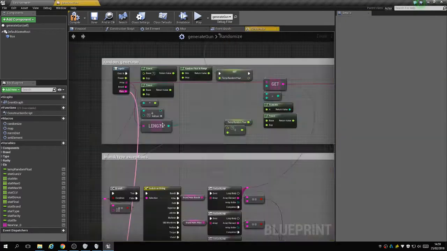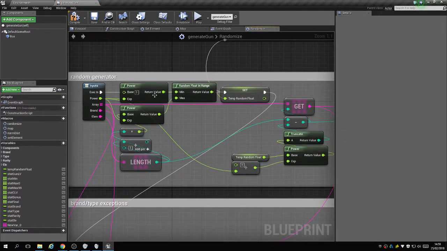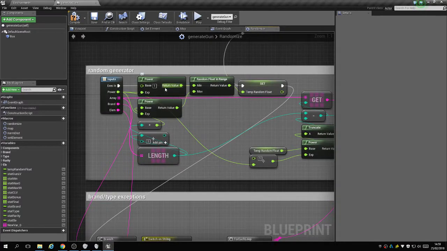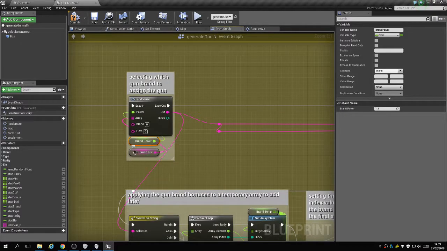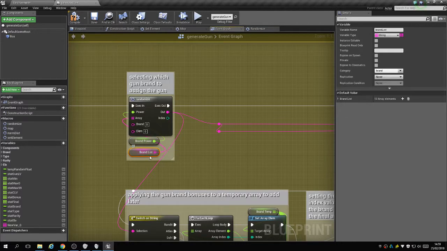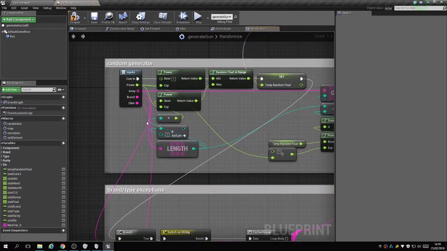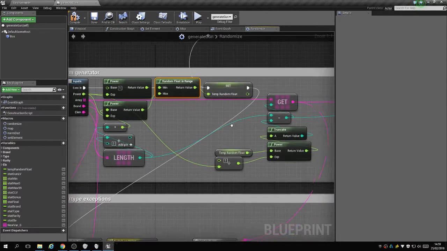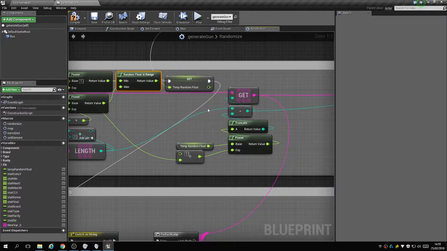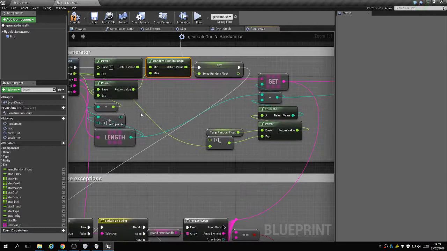All we do is take the length of the list, and then we generate a number based on a rand between the lowest element of the list to the power of this, and the highest element of the list to the power of this. So if this is a list of length 10, for instance, and the power is 2, it will generate 1 to the 2 and then 10 to the 2. It will generate a number between those, and then it will square root it. I can't remember if it's exponential or logarithmic, but in the end what it does is